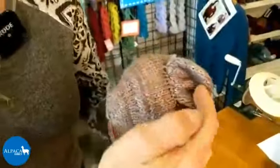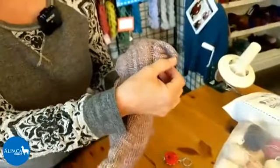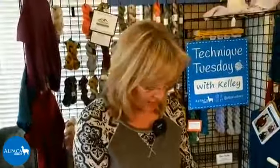And can you see that? I used whip stitch right here to just seam it together. And it was really easy to do. And then other things that we wanted to talk about for our bear, on the bottom of the feet,